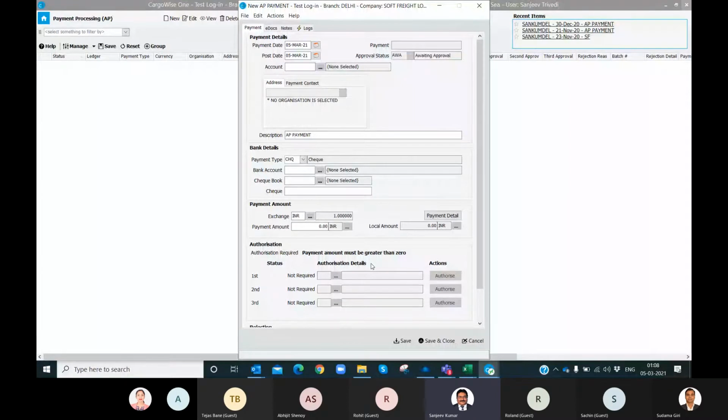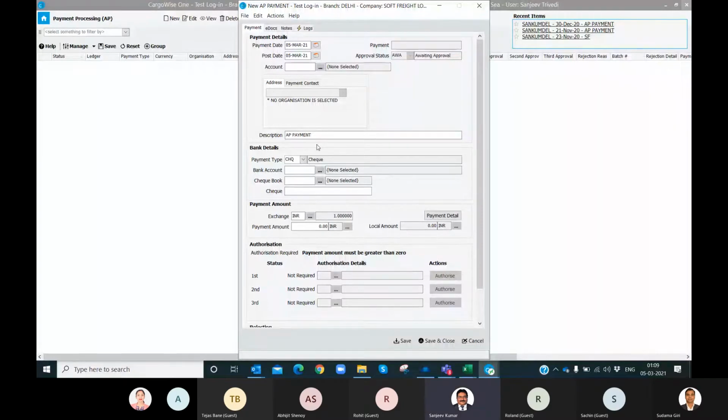If we map those, and the amount is less than 10,000, among A, B, or C, any executive can go there and authorize those payments. The system allows you to match before authorization is done.